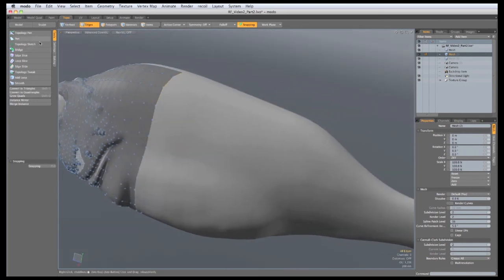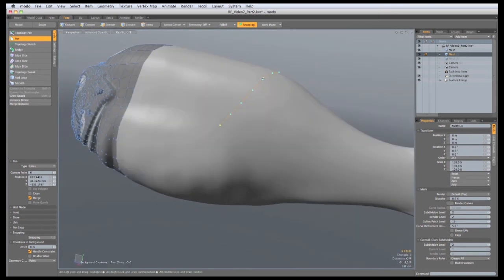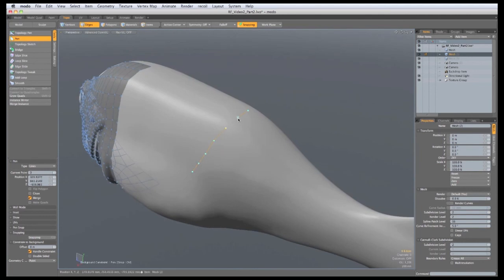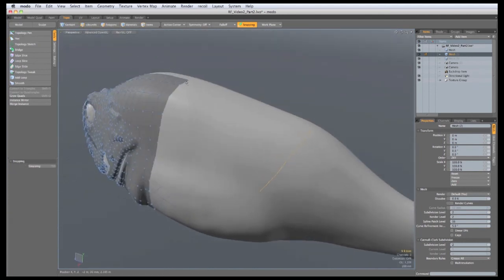So if I run the pen tool and change type to lines, I'll come to this hump at the beginning of the tail here, and I'm going to create 6 edges or 7 points, and that'll come from the center line to the line of the stomach. I'm happy with that. Spacebar to drop the tool,